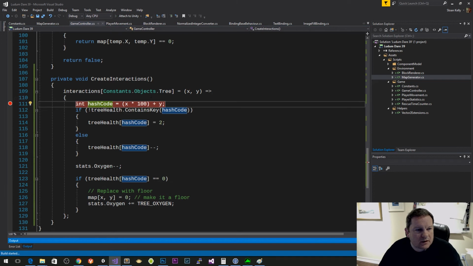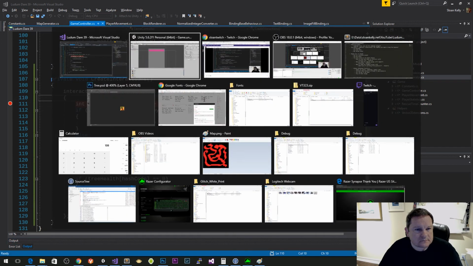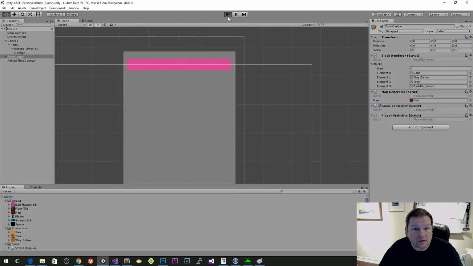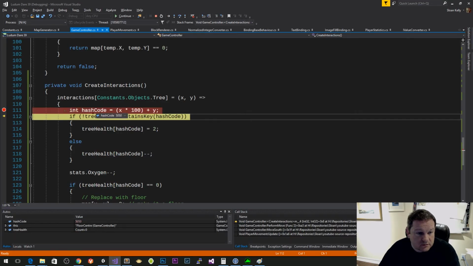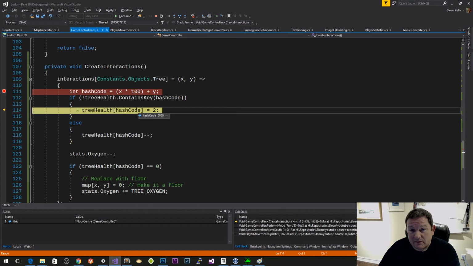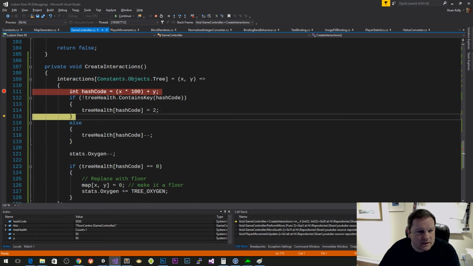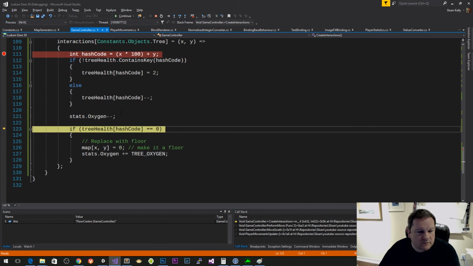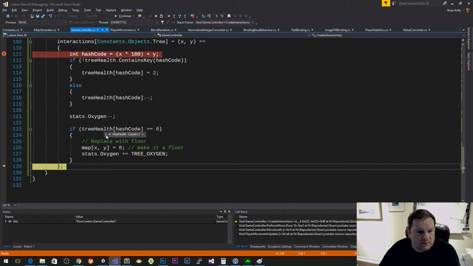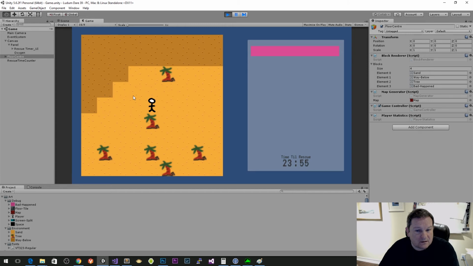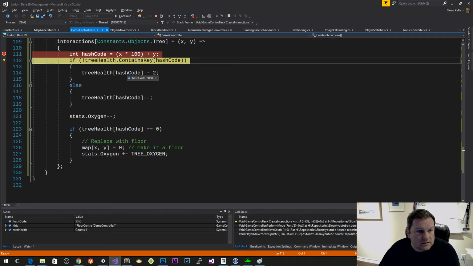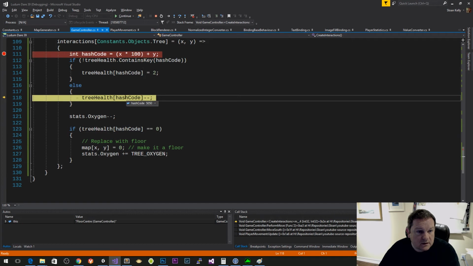Let me set a breakpoint here. So this is only going to get called if we interact with a tree. So if I press down, that means I interact with a tree, and it says hash code is 50-50. 50-50 chance this works. So we set that to be true, 2, and then we subtract from oxygen, and then we check to see if the tree health is that, so that's not true, and then we go down again, we press down again, and then we see that the hash code for this is 50-50, so we subtract 1 from the hash code,